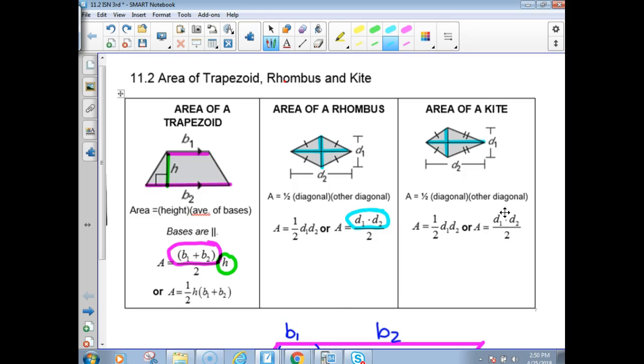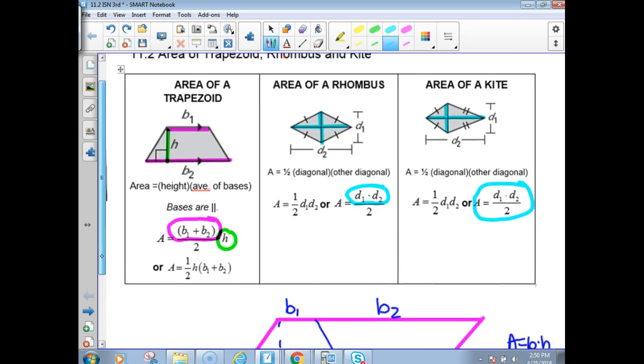It has a lot to do with the fact that all of those have a bunch of triangles in there, and the triangle formula was base times height divided by 2. So